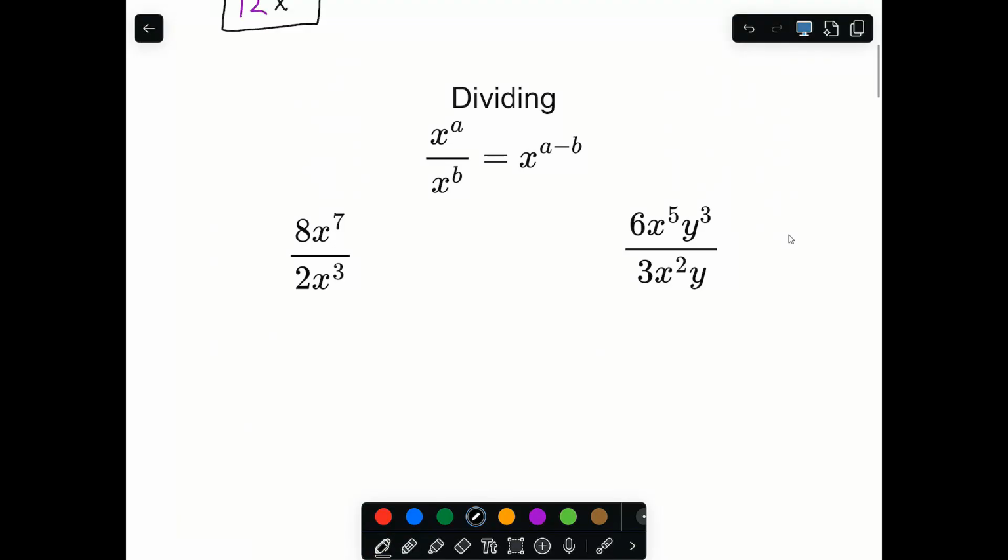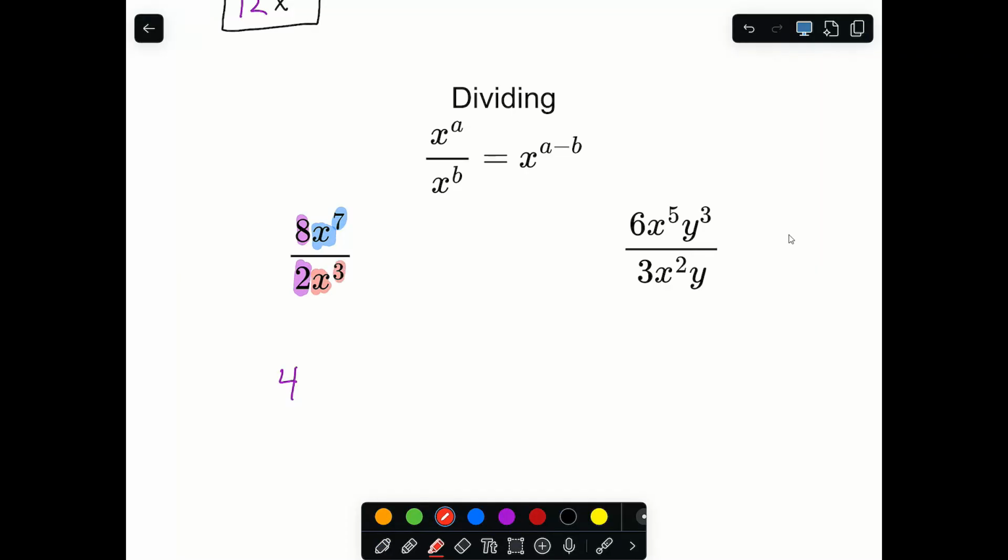Now we're going to go on to dividing. So the rule is when you have x to the a divided by x to the b, you're just going to subtract the exponents. So same thing as before, I'm going to keep my numbers separate. So I'm going to do 8 divided by 2 gets me 4. And then I'm going to do x to the 7th divided by x to the 3rd,